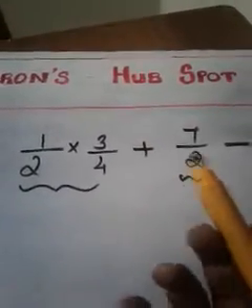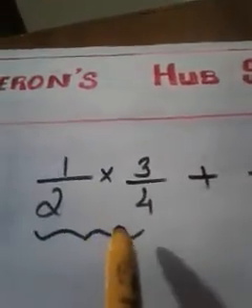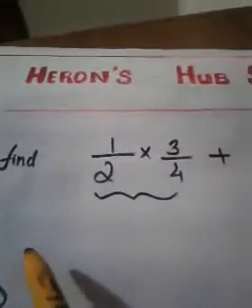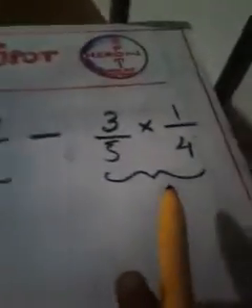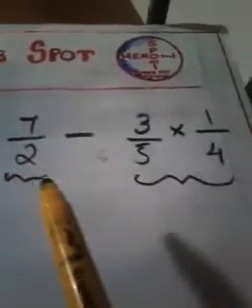In the last few problems we got the common fraction very easily. And now you just compare the first term and the last term. Is there any common fraction? No. At the first look there may be no common fraction. It is 1 by 2 into 3 by 4, and it is 3 by 5 into 1 by 4. Is there any common fraction? At first look there may not be any.